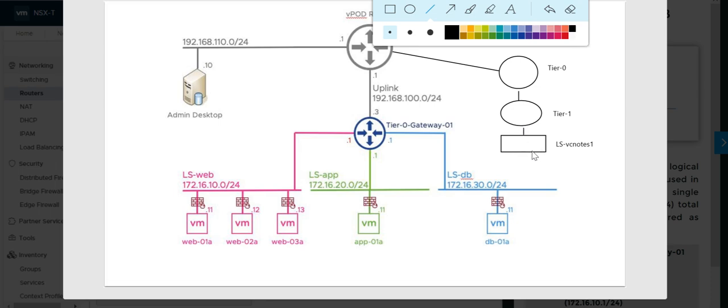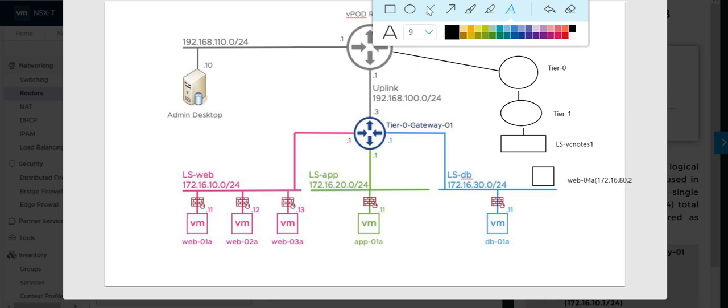Under this ls-vc nodes switch I have a virtual machine, and the name of the virtual machine is web-04a, and I have given it the IP address 172.160.80.2.